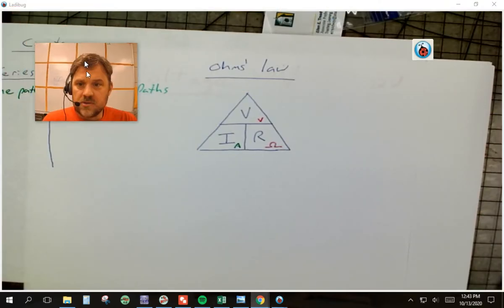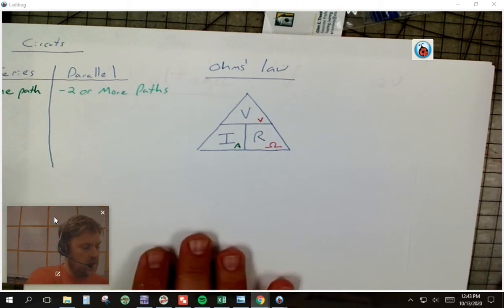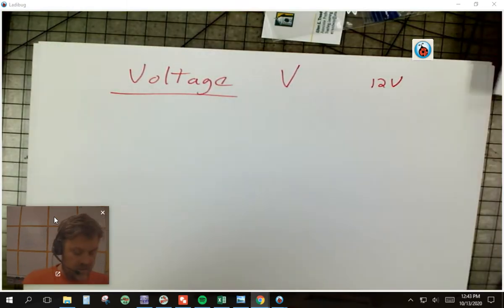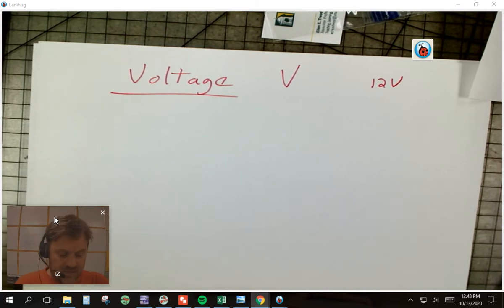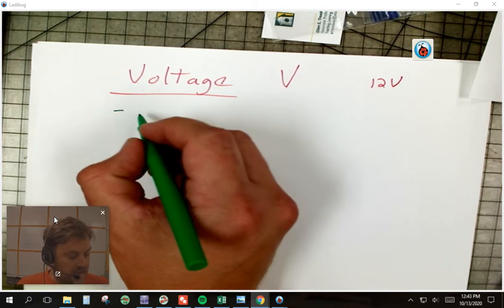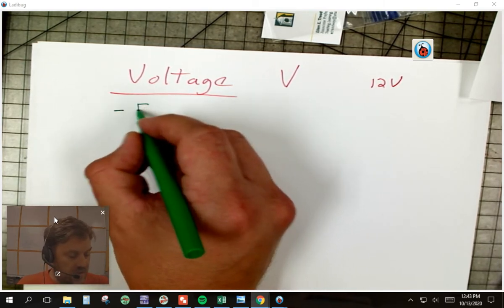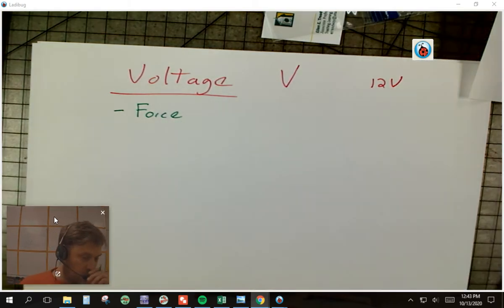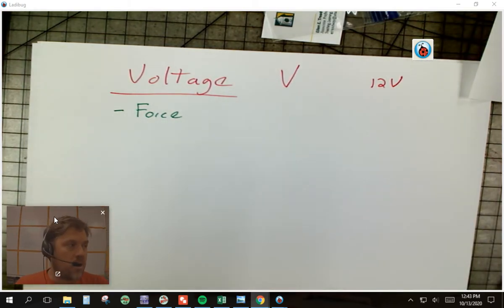Oh, that's better. I can put my face on the screen. Okay. So we're going to go back to this idea of voltage, and I've given you the example. Now, the thing that I remember about voltage is there's two ways that I think about it. The first way is that it's the force. Okay, it's the electrical force. It's the push. We're going to talk a lot about water, and we're going to use water to explain electricity because it's really analogous. And so if I think about water going through a garden hose, right? If I think about water going through a garden hose, and if I just had water just barely coming out